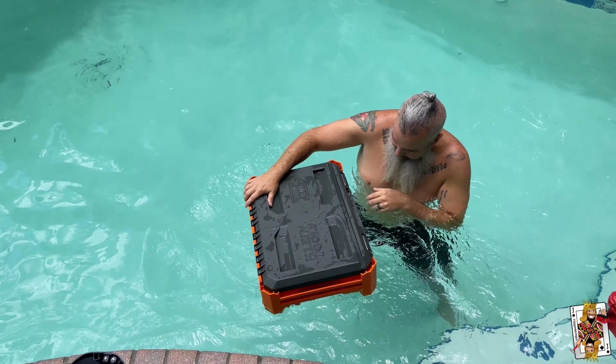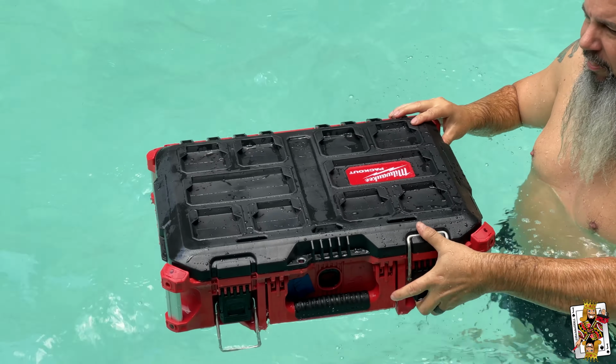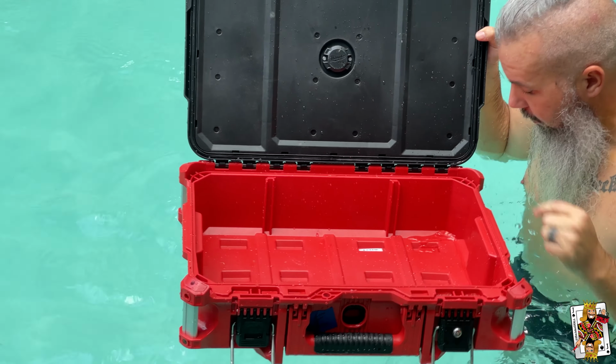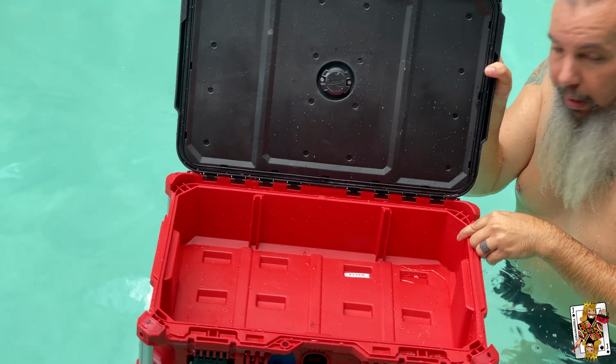Okay, so there we go. It's not bad for 5 seconds. So water is getting in. It's not bad for 5 seconds, no. This is funny because I got the little tracker in it. It's not too wet. Obviously, we're gonna put these on a fence and they're going to,